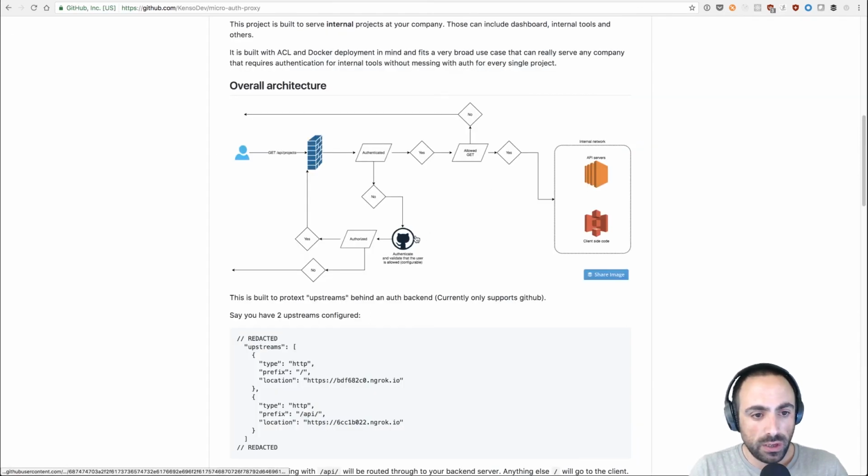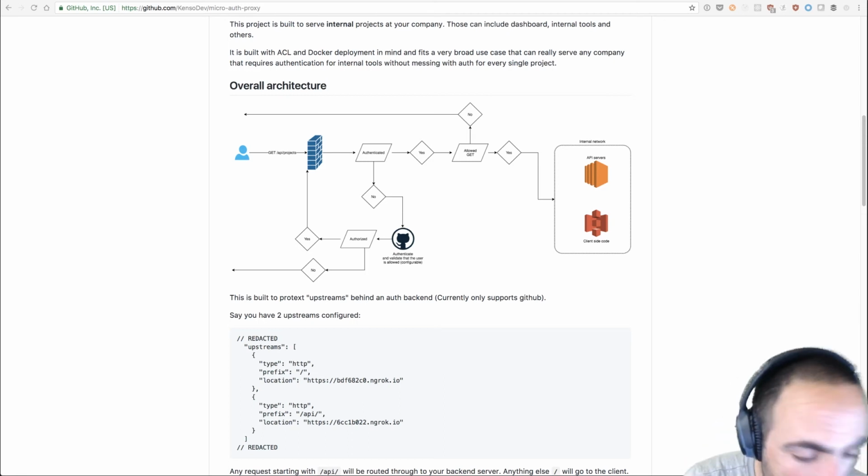So instead of only GitHub, you will be able to configure multiple authentication contexts, and that will basically be configurable. Okay. So there it is.